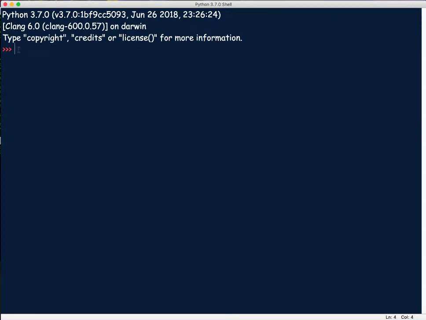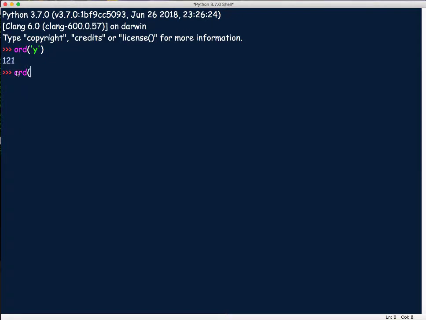If I want to see what a letter's representation is in ASCII, I can use the ord function and put in the lowercase y. Okay? So you see that comes back as the decimal value 121. So what happens is when Python does its comparison to say, does y equal y, it converts y into a decimal value and then compares them.